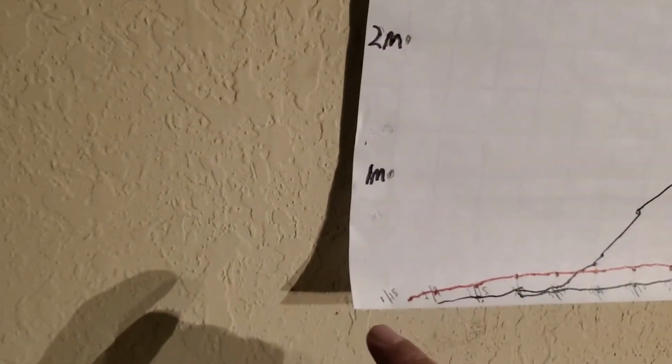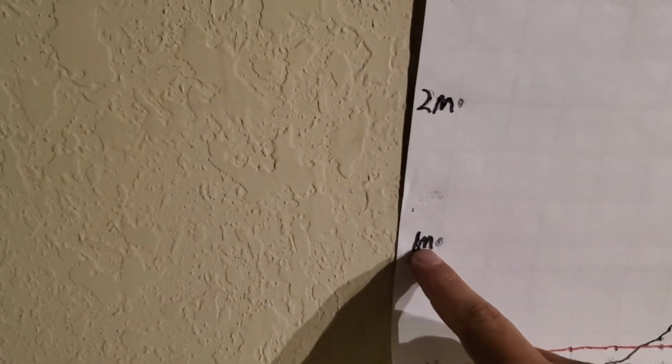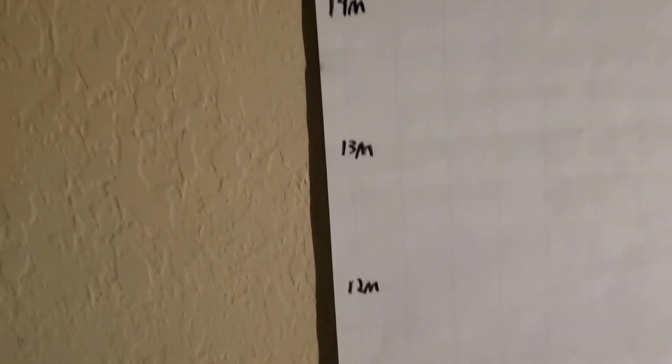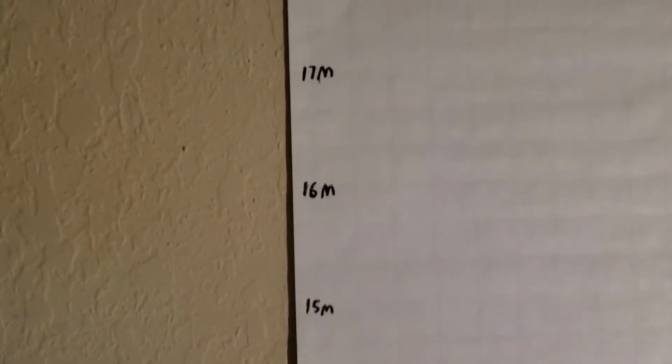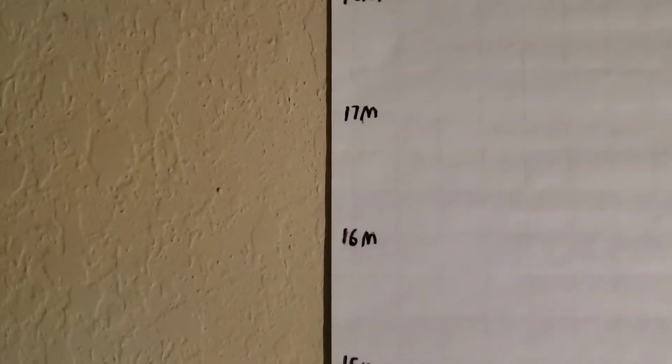On this scale here, I went up by millions: 1 million, 2 million, 3 million, 4 million, 5 million, etc. I went all the way up to 18 million, because that's basically where the United States is. I don't mean to laugh, it's not funny at all. But look, we're at about 17 million cases.